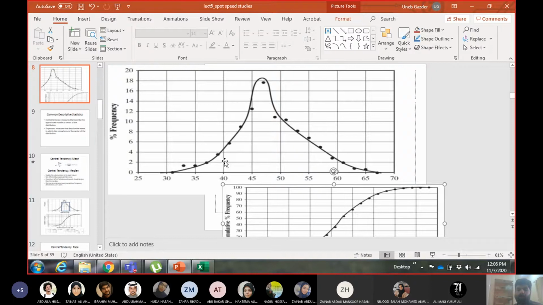I'm trying to follow a shape, and the shape of the curve is the bell shape curve. So I already know the shape, and I'm trying to get close to the points which will give me this shape. Otherwise, if I join points by points, you will see a lot of irregularities, a lot of zigzags, up and down, up and down. So in order to make a smooth bell-shaped curve, I drew the best fit curve. If you are doing it by hand, just try to be as close to the plotted points. If you are doing it by Excel, then use the trend line option.